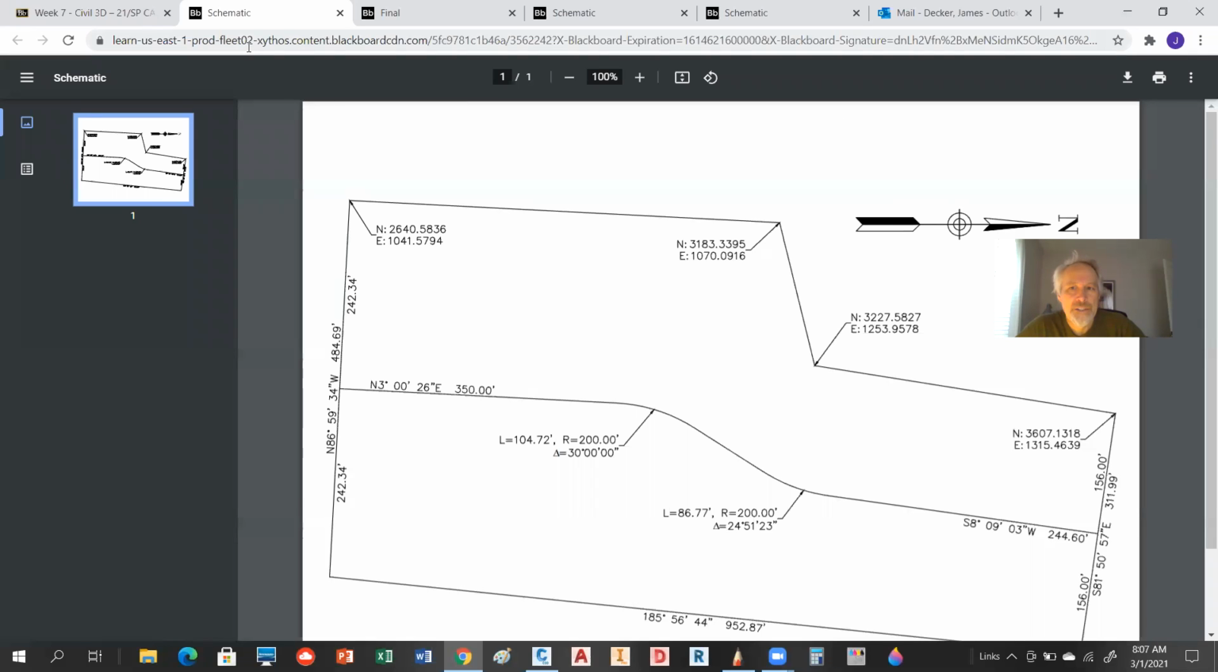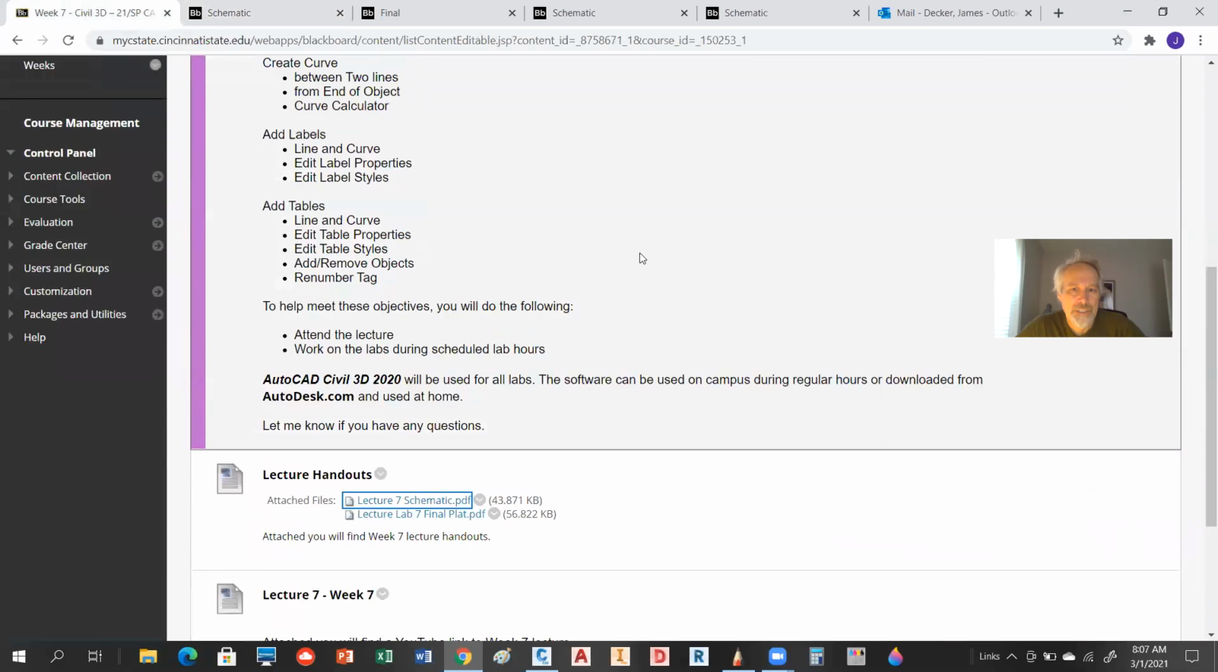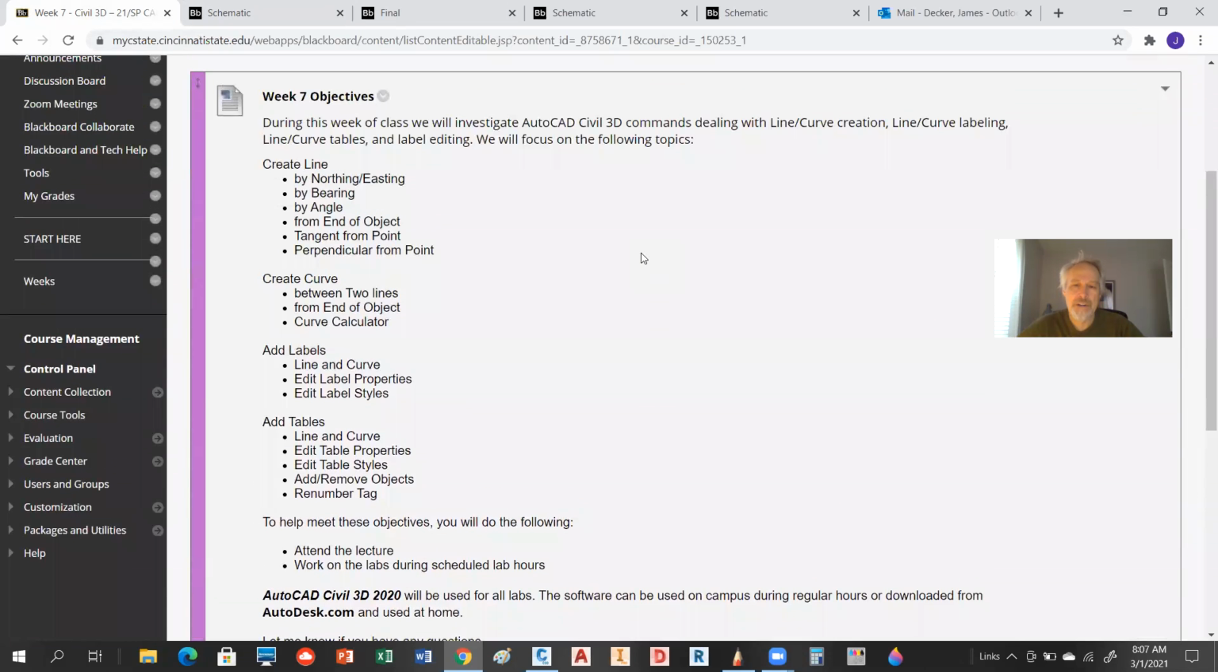Okay, so if you had a chance, I opened this up yesterday. What we want to talk about today is line and curve creation in Civil 3D, which is